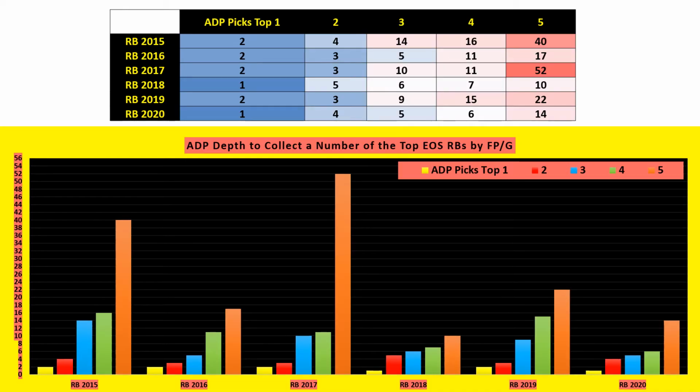So I did another mental exercise here. I looked at the RBs from 2015 to 2020, and I asked the question, how far down do you have to go to grab the top running back? And it turns out 2. In 2018 and 2020, again, this is fantasy points per game, not season total.